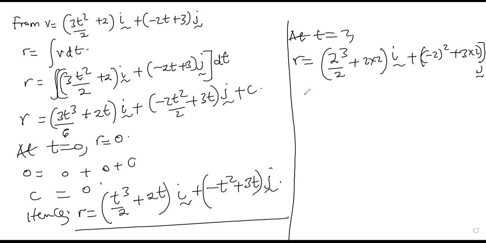So our R will be equal to 8 over 2 plus 4, that is 4 plus 4, that is 8i, plus this is